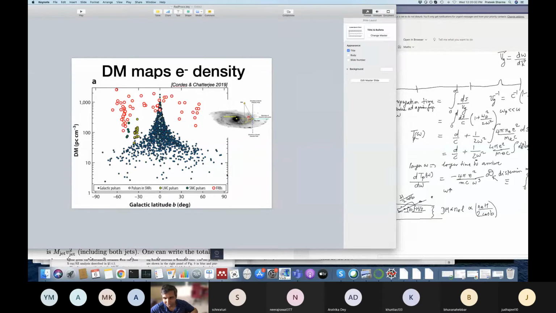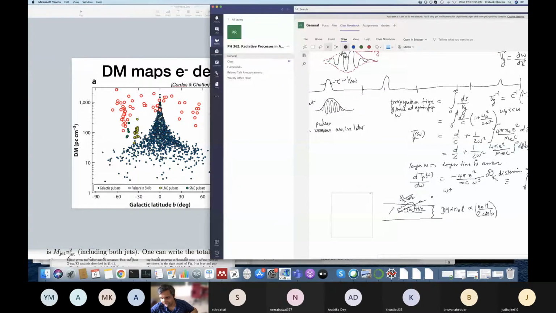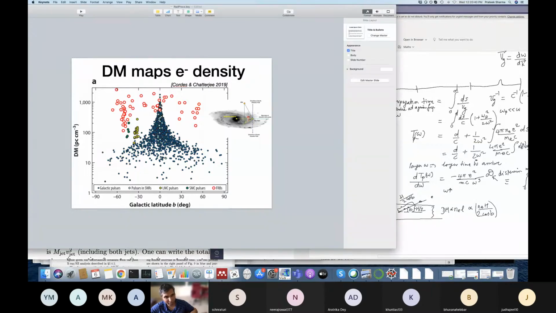So if you have an object in the Milky Way, its DM will be less than this, right? NE h by 2 cos b. So this envelope is nothing but 1 by cos b, right? When b is 90 degrees, sorry, when b is